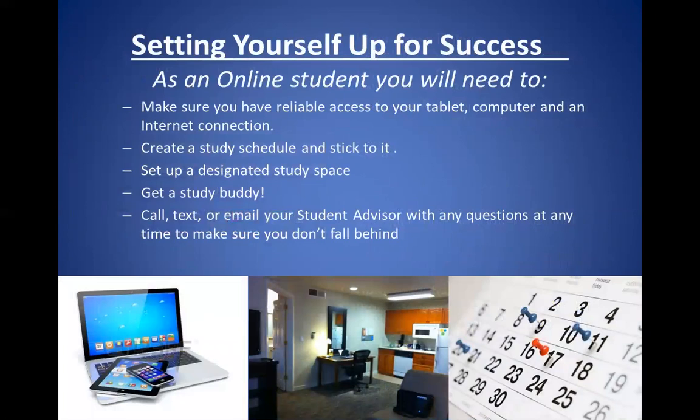Okay, we want to make sure you set yourself up for success, so there are a few things that you can do as a student, and your needs are a little bit different than that of a campus. Online students need to make sure they have reliable access to your tablet or some type of computer and an internet connection. Now, if your first plan doesn't work out, say you're having a tablet that you're using and you're using internet at home, if something happens and that plan does not work out, you do have to have a backup plan. You have to have another source to use the computer and the internet,